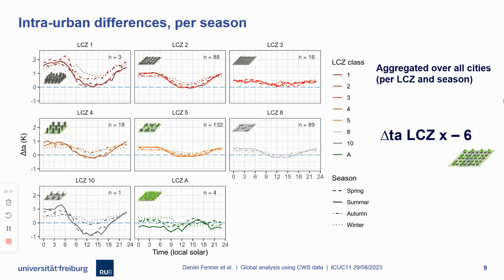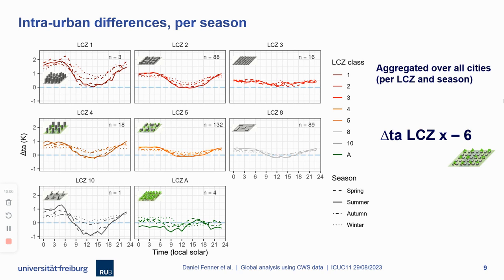The second one is looking at the intra-urban differences. So that's now the differences between LCZ classes. We don't have a rural reference for the classical heat island, that is the urban heat island as defined by Ian Stewart in his paper, which is differences, intra-urban differences between different LCZ types. And as you've seen in the distribution of the LCZ, the most frequent one is LCZ 6, and therefore we use this as a reference for all other classes. So what you see here is always the difference between the respective LCZ and LCZ 6. And there also you can see a lot of features which you actually expect, and it's really nice how they come out.